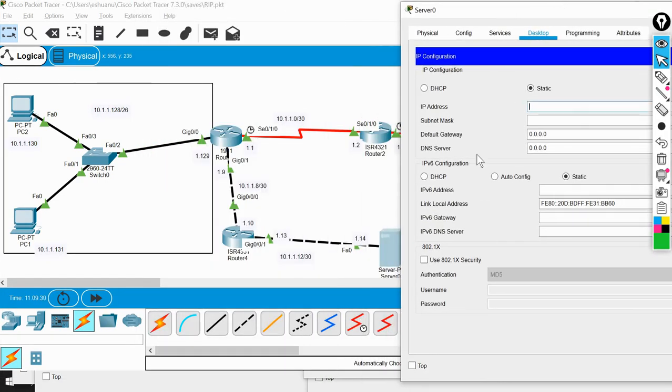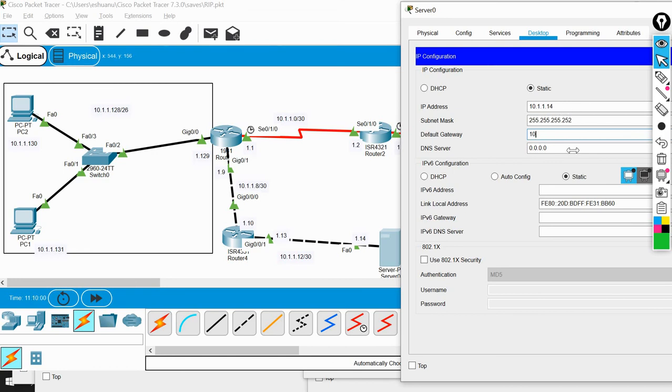The IP address will be 10.1.1.14. The subnet mask will automatically take 255.0.0.0 because we are using 10, but we are using 255.255.255.252. Perfect. And what will be the default gateway? The default gateway will be the IP address of the nearest router, which is 10.1.1.13.